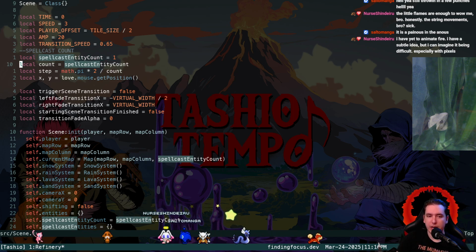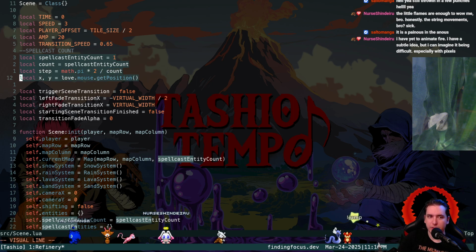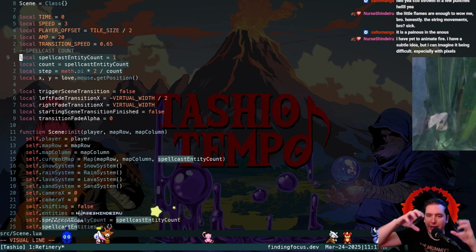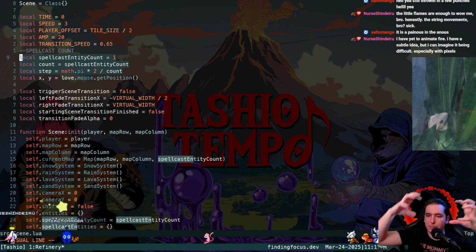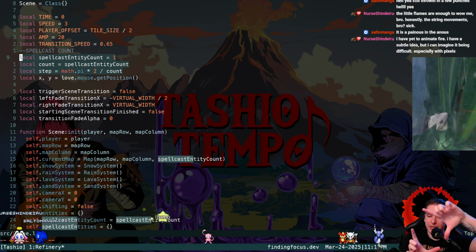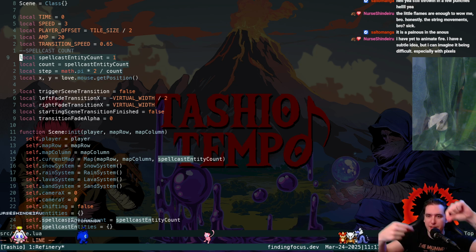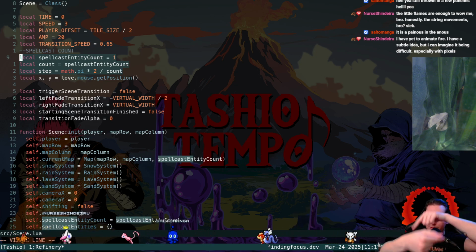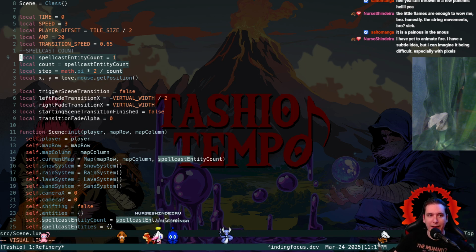See, it is so jacked up that we have a local spellcast entity count and then variables for the step. So as we add more flames, they become symmetrical with one another. So if it's 3, it's like an equilateral triangle. If it's 2, they're on opposite sides. If it's 1, it's just 1. If it's 4, it's a square. If it's 5, it's a circle of 5. So that's what the count is,